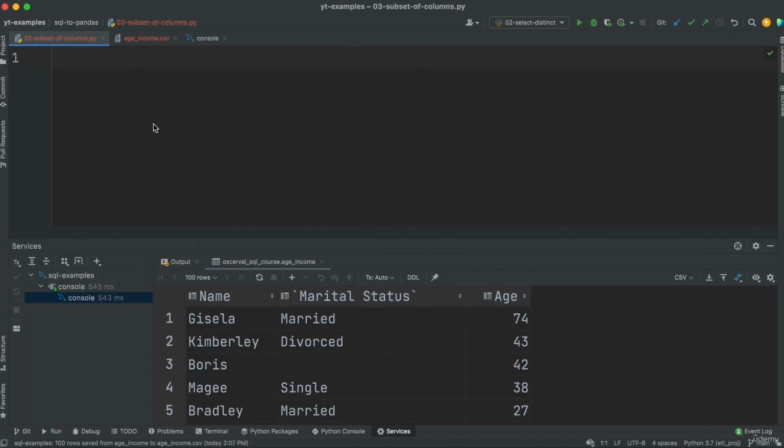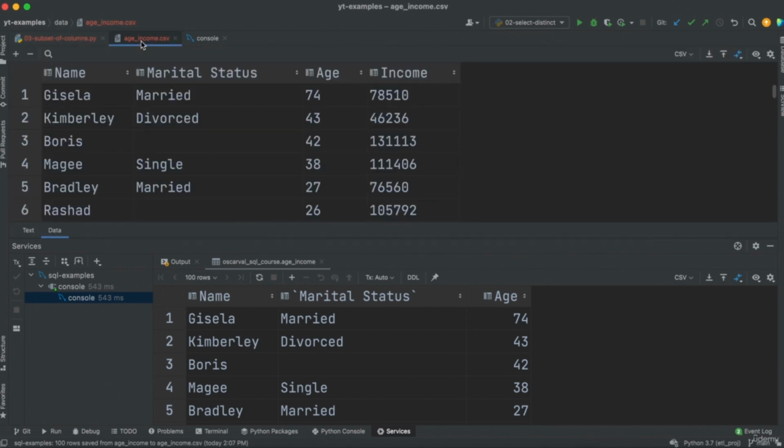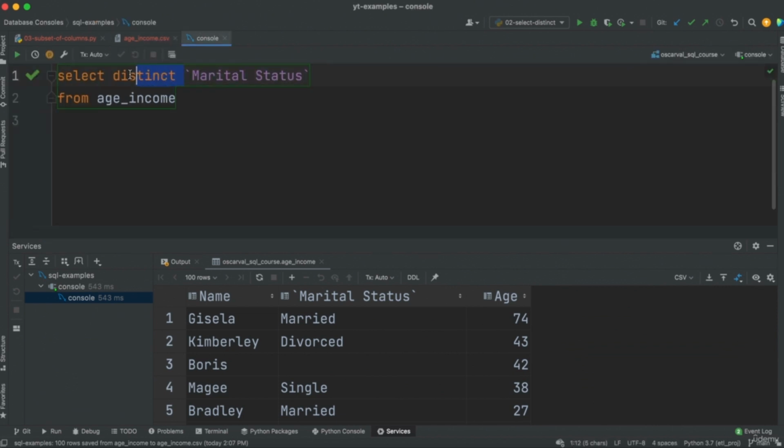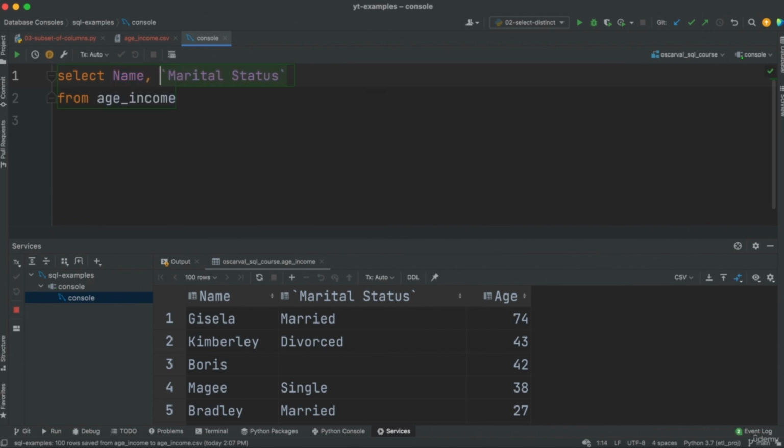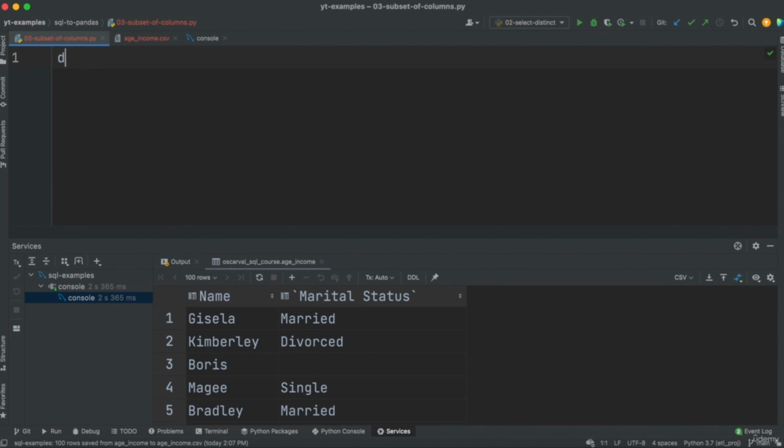Hey, this video we're going to look at querying a subset of columns. So if you take a look at our table, age income, here we have 4 columns. Let's say we're just interested in returning back name and marital status. We can simply type name, comma marital status, execute our query, and we have these 2 values back, right? So if we want to do that in pandas,